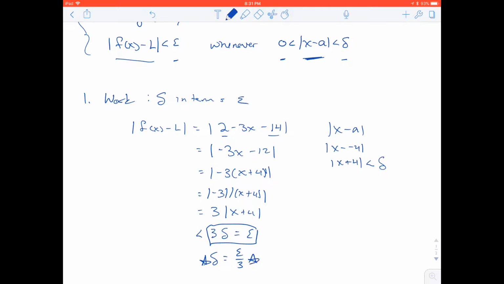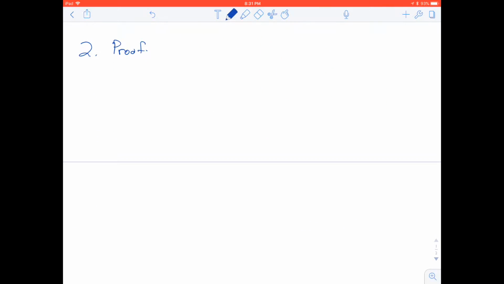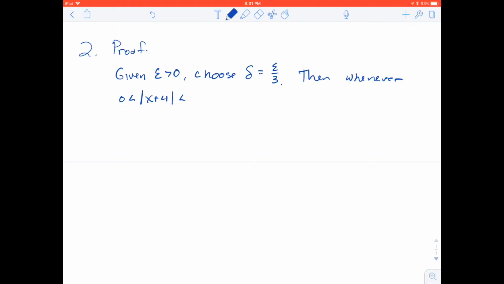And this is what we'll use in our proof part, which is the second part of our problem, writing our proof. And if we recall, our proof is really just a script we want to rewrite. So given epsilon is greater than 0, choose delta to be equal to what we found, our epsilon over 3. Then, whenever 0 is less than the absolute value of x plus 4 is less than delta,